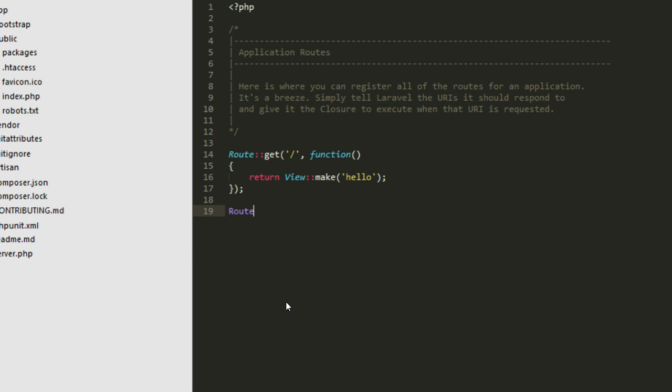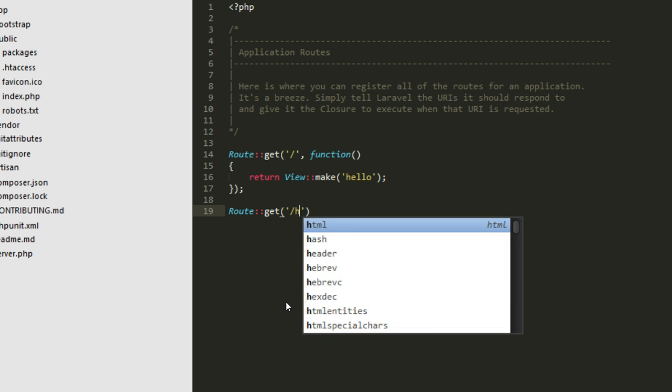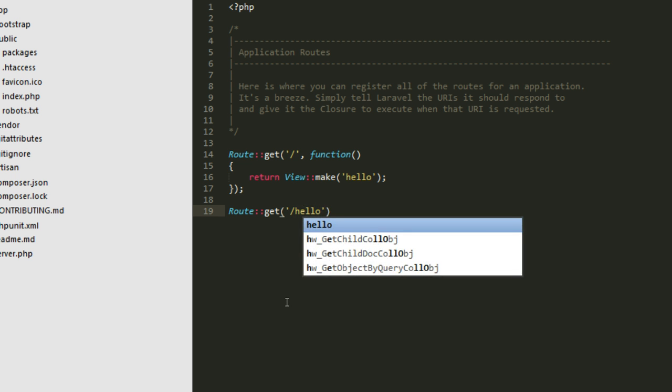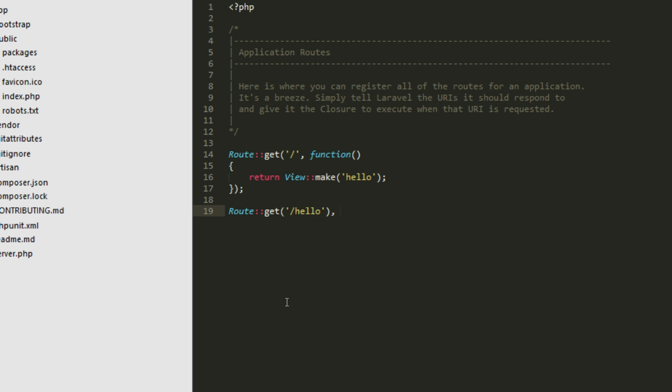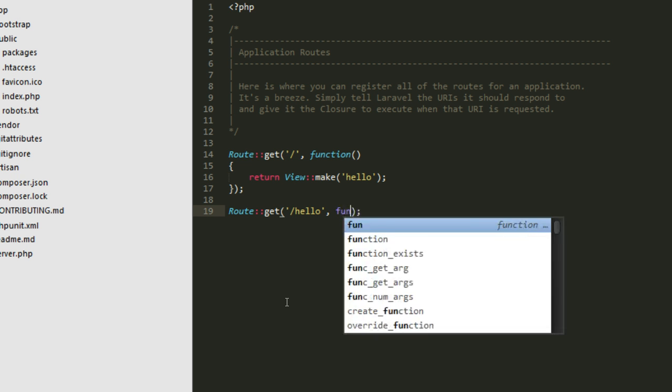So we're going to the Route class and we're doing the get method, so you can also have post, but we're going to say get, because we're not using any post data. And let's make hello, and then we'll just add the semicolon there so I don't forget it, and then a comma, and then we're going to